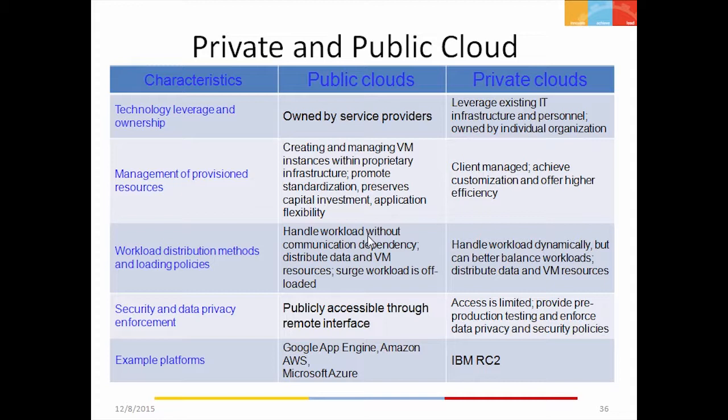Public cloud is basically accessible through remote interface, and so in that sense it is more open. In the case of private cloud, it is completely controlled, tightly controlled. Access is really limited within the organization.